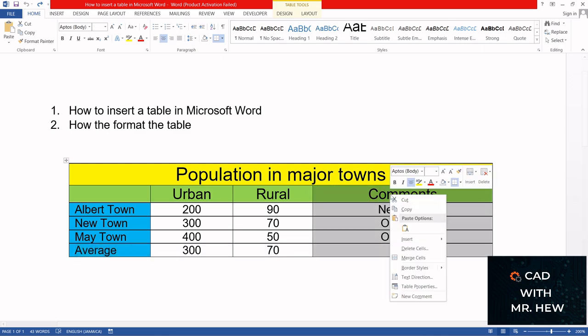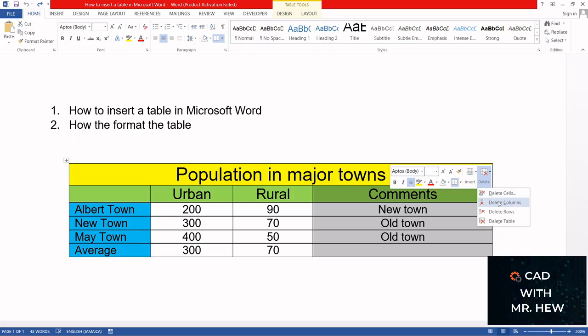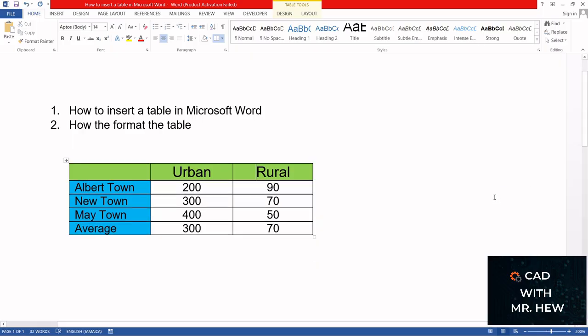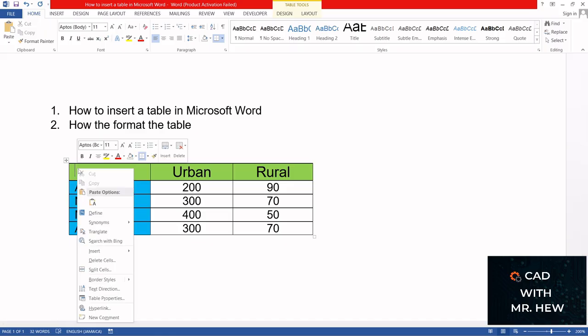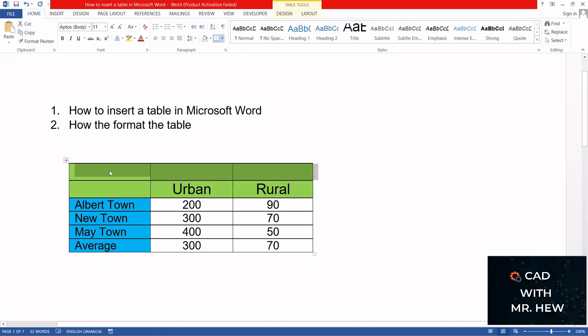So you would right click, delete, and click here and delete columns. And there it is. Now you'd have to come back here now based on what happened here. You'd have to click here, insert rows above. Then you'd have to retype